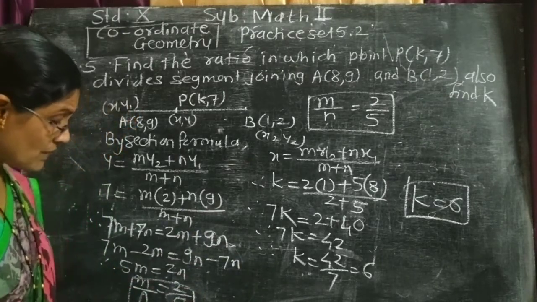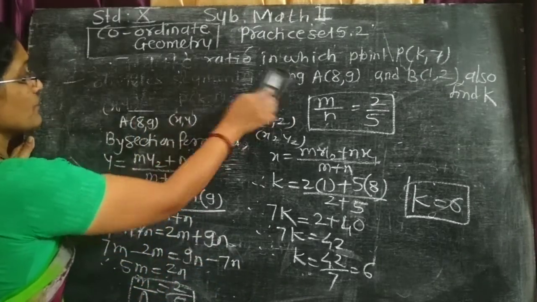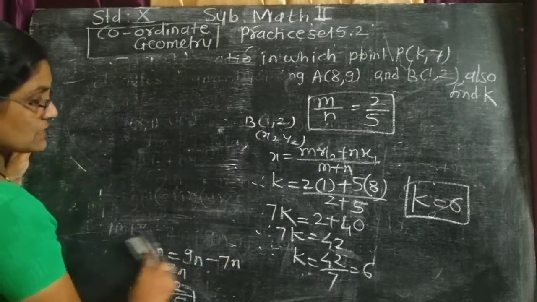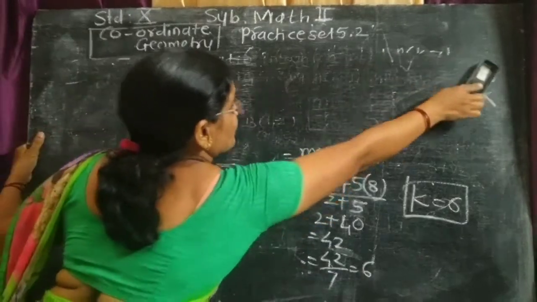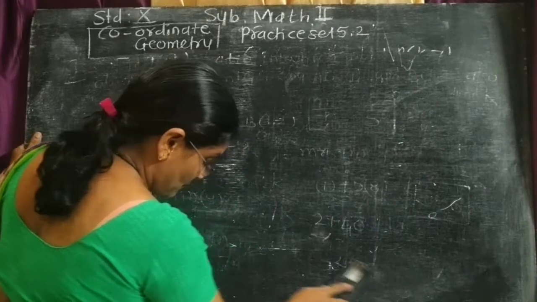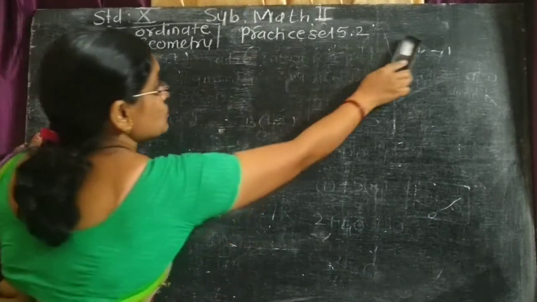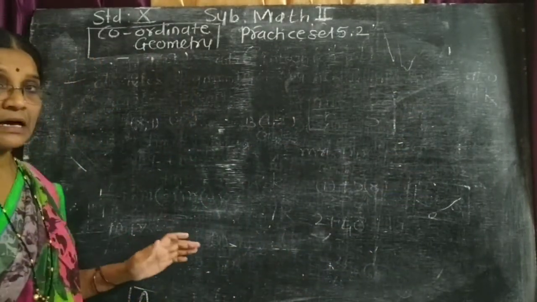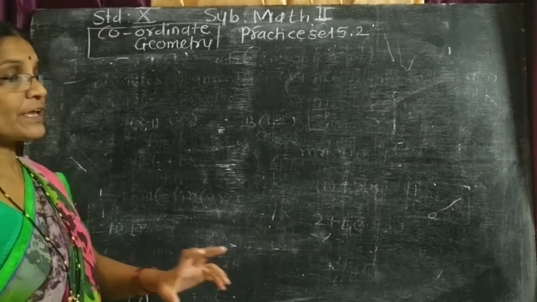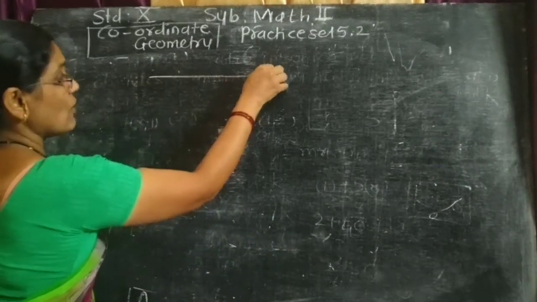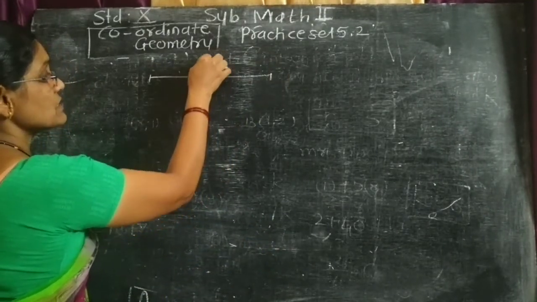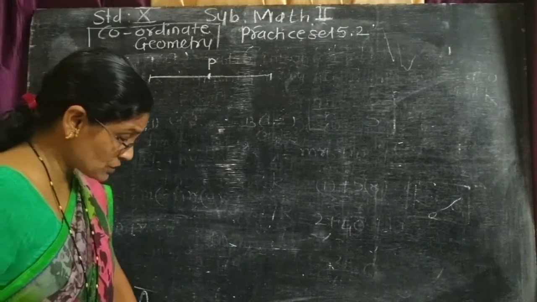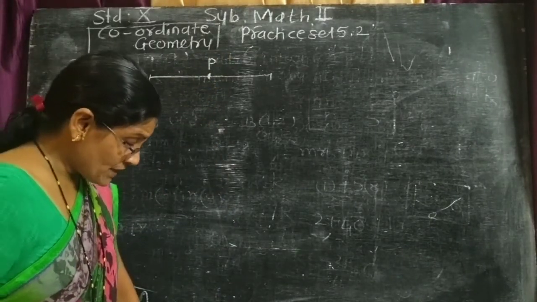Now we are solving question number 6. What is question number 6? Listen carefully. Find the coordinates of the midpoint. According to the example, we can draw a figure, or you may write in words. This is the midpoint P. Suppose the segment joins the points